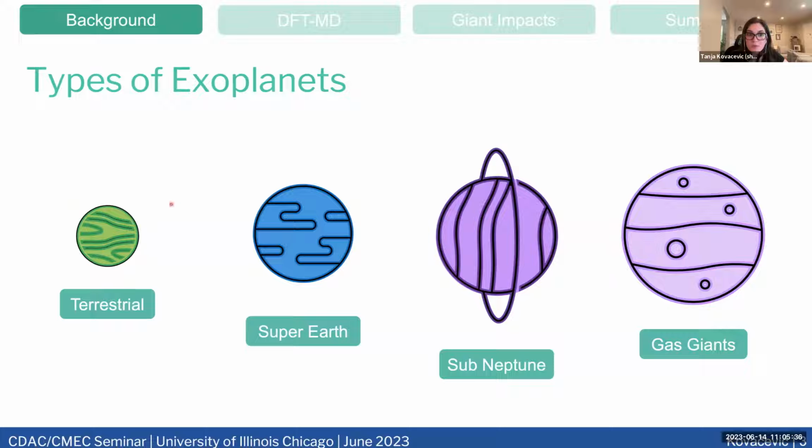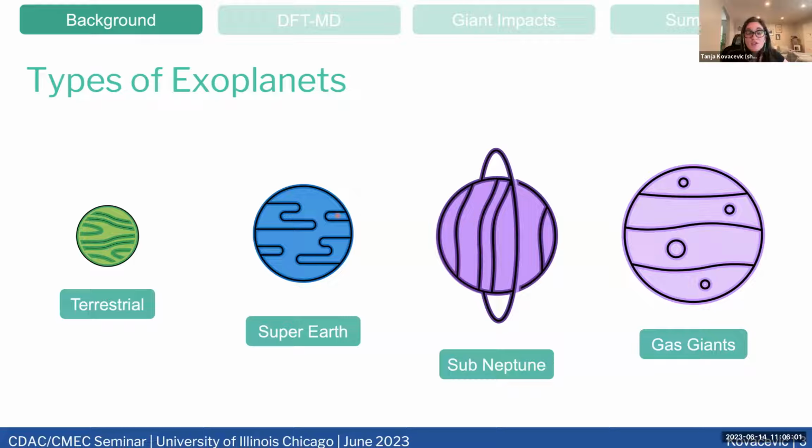So we have terrestrial planets, so Mercury, Earth, Venus, and Mars, for example. And then we have gas giants, like Jupiter and Saturn. Sometimes Neptune and Uranus are thrown into the gas giants, but they can be referred to as ice giants as well. So Uranus and Neptune would fit in the in-between here, and then Earth would fit in the in-between here.